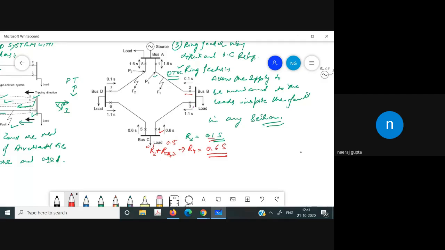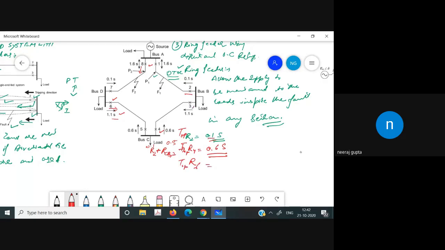And similarly, another type of relay which also acts as a backup relay is the R8 relay, because in that case also the power is moving away from the bus. So if the fault is there, then it will feed the fault, and power is moving away from the bus. So we have the operating time of R4, then we have the operating time of R6.